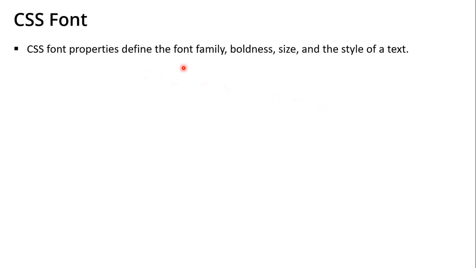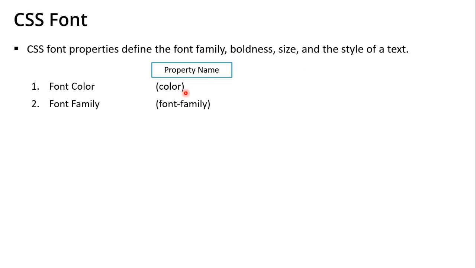Next is CSS font. CSS font properties define the font family, boldness, size, and the style of the text. We have different options. For font color we use color. Second is font family, like Times New Roman, Arial, etc. Next is font size, which we use according to our requirements.